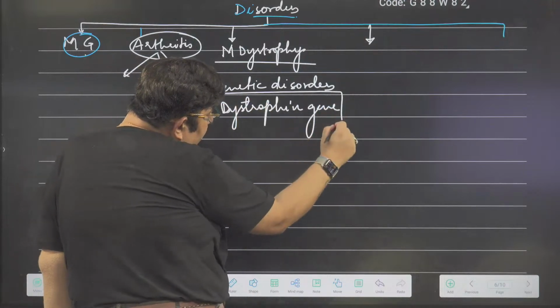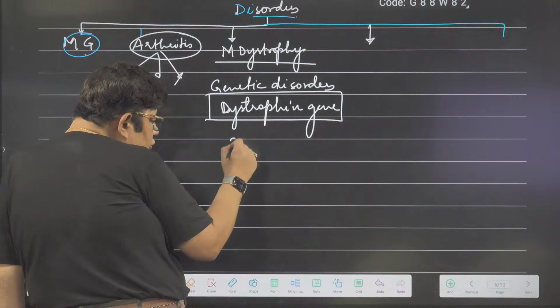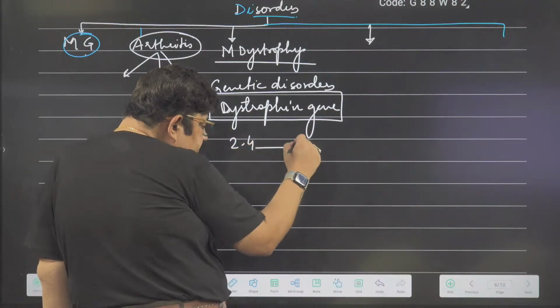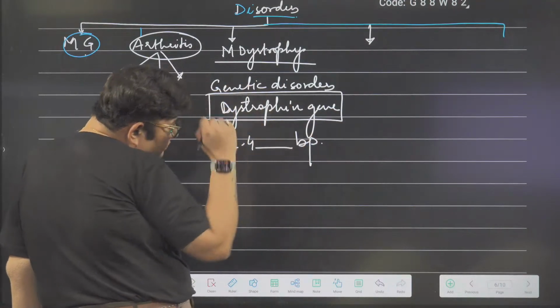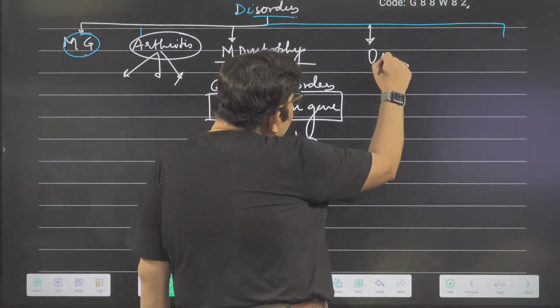Dystrophin gene, the largest human gene. How many base pairs? 2.4 million base pairs. Then